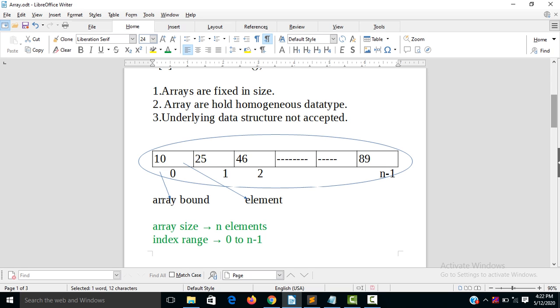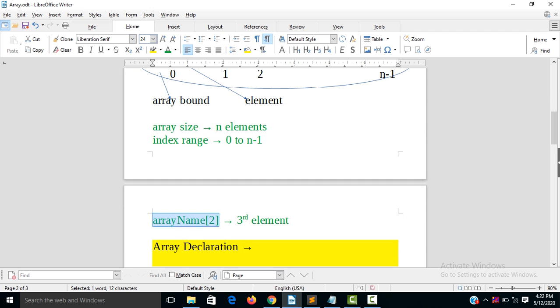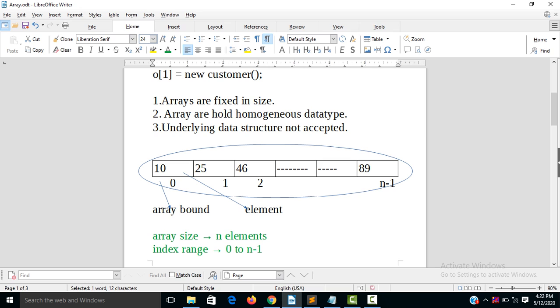So array name 2 means the third element, array name 0 means the first element, array name 1 means the second element, and array name 2 means the third element.